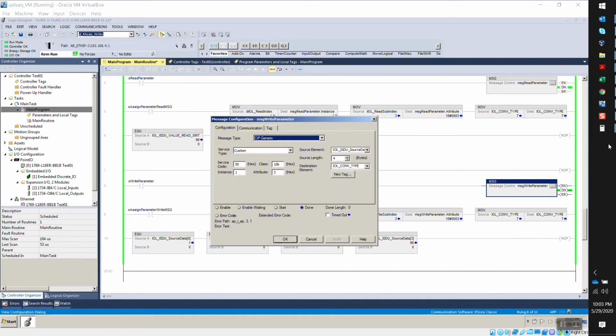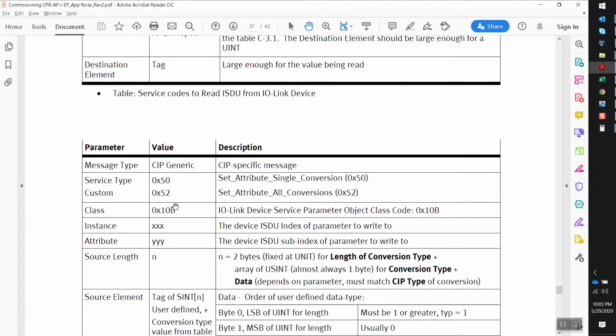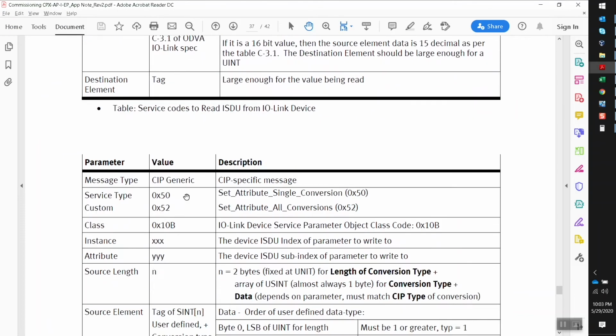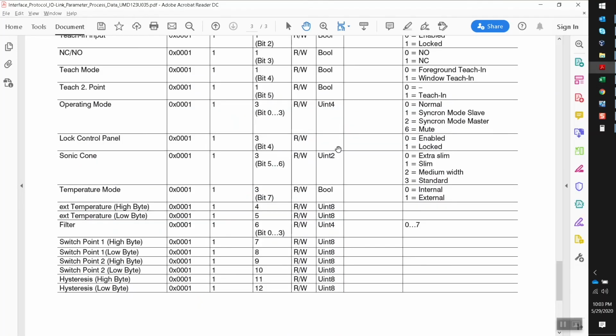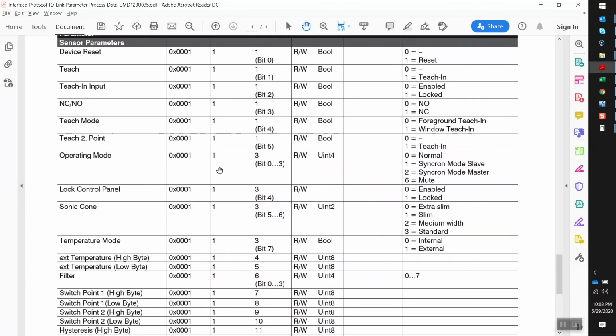So let's see, 10b, and you can see on the reading it was 10b as well, so that doesn't change. Then the instance and attribute is the same thing. It's the index and subindex that you want to write to. And remember, depending on which one we want to do. For example, in my case, I want to